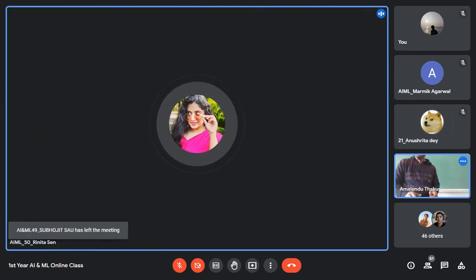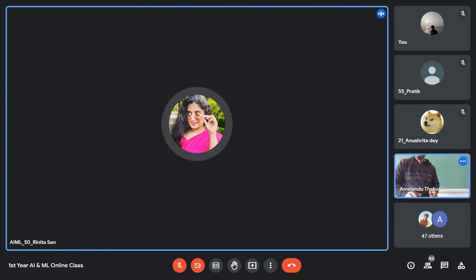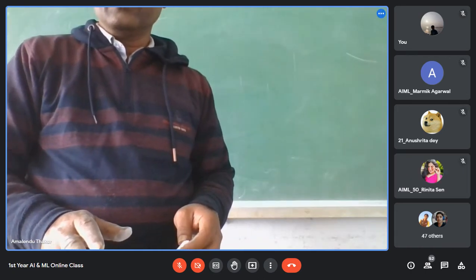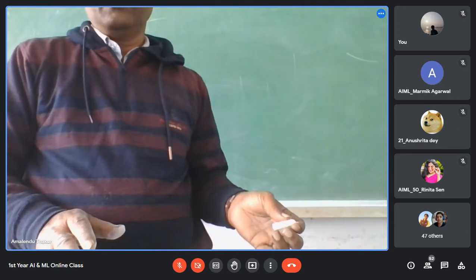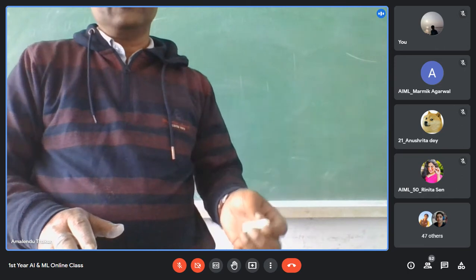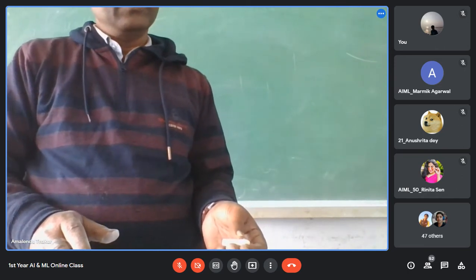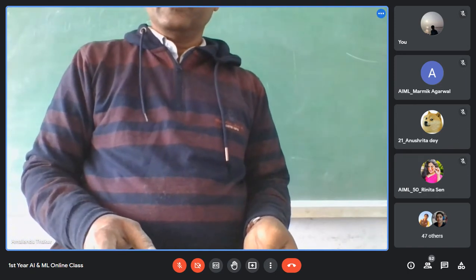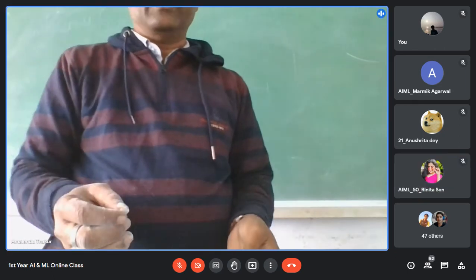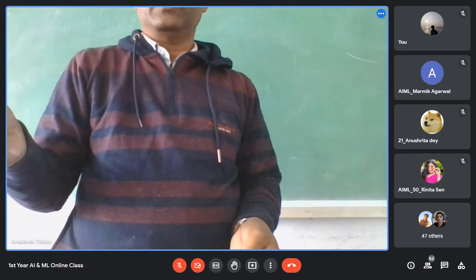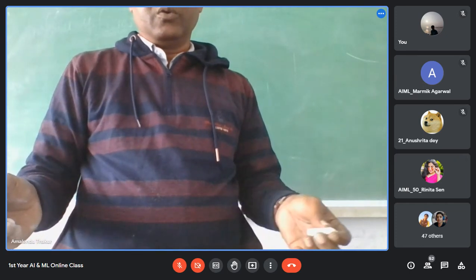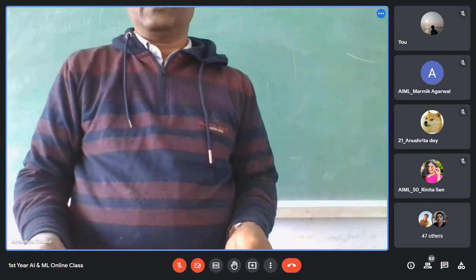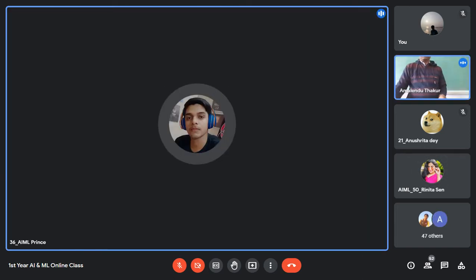Current and voltage we also have to write in a separate table. Every time we have to take a reading of voltage for the different temperatures. The supply current is always constant. It may be 1 milliampere, 2 milliampere, or 3 milliampere, whatever it may be. The current is constant, and the voltage will change when the temperature changes. So every time you have to take the reading of voltage for different temperatures. Clear?